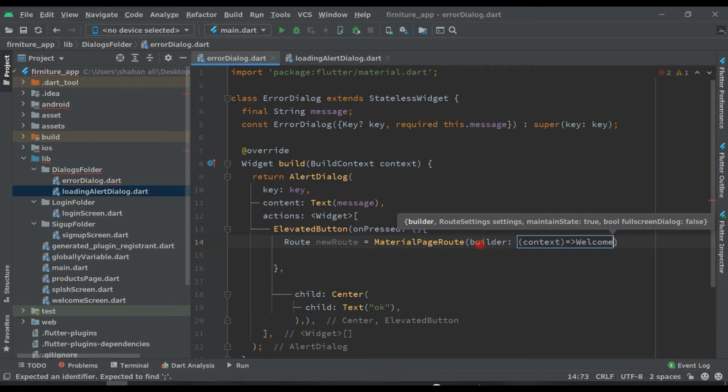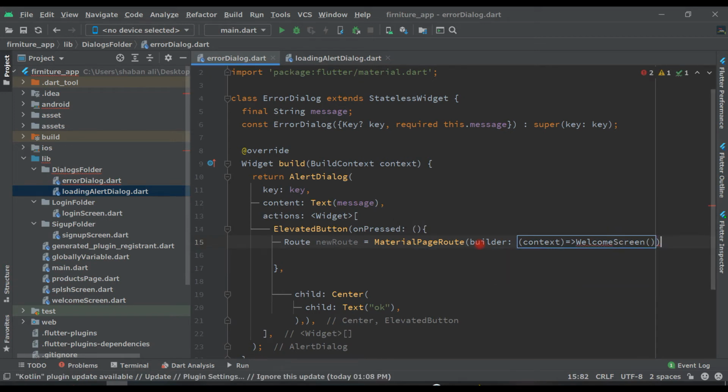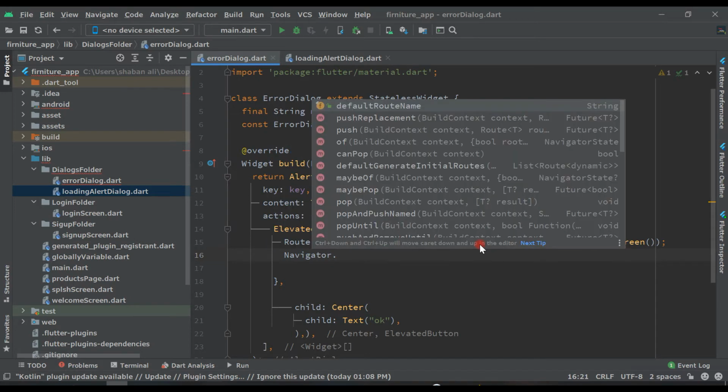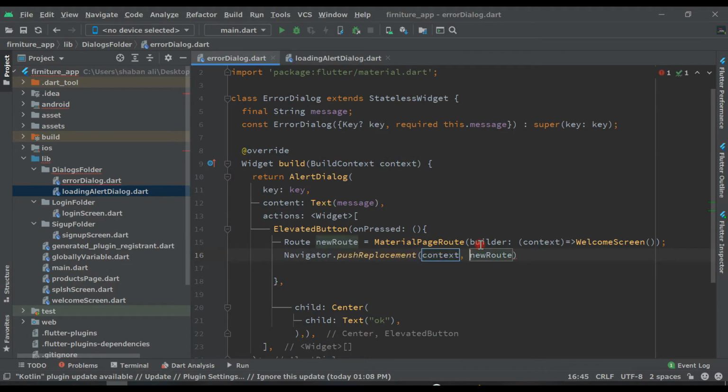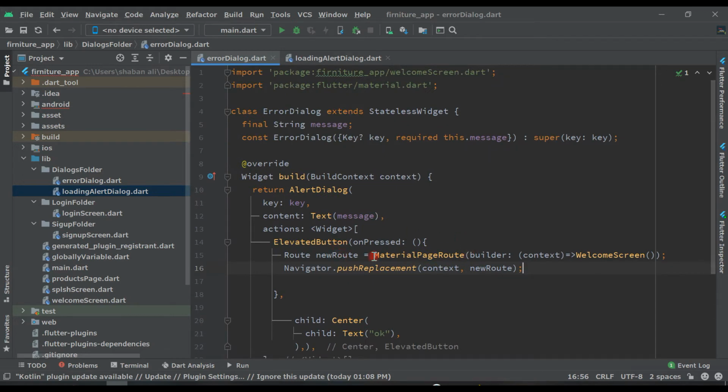If some error occurred, we send the user to the welcome screen. So here WelcomeScreen, put a semicolon, and after this write Navigator.pushReplacement with the new route. So this is our dialog box for error.